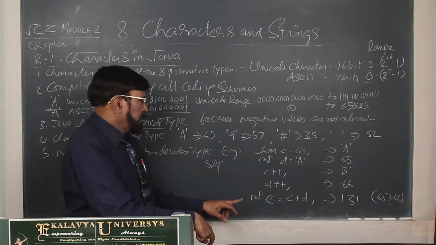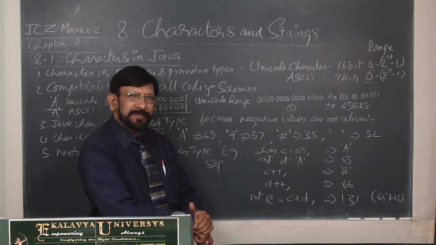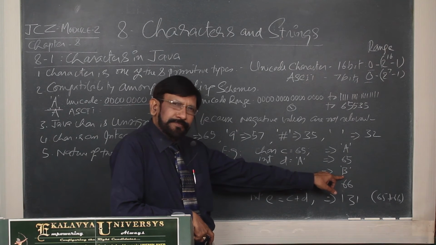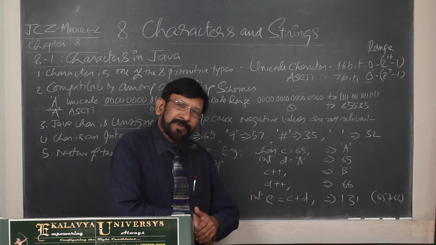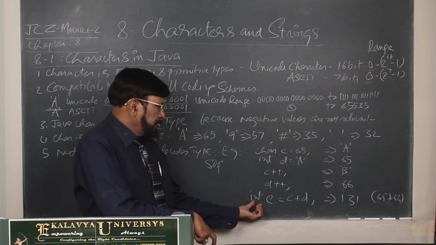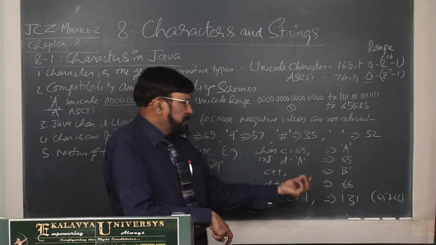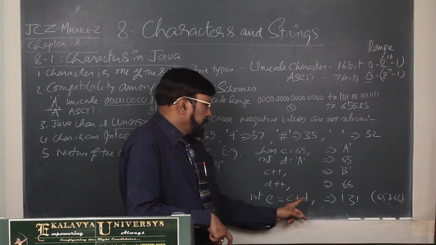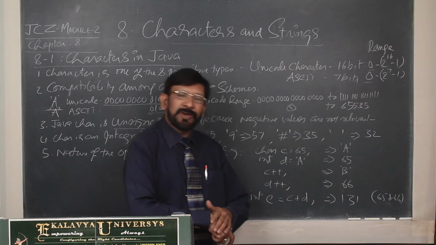And here int e = c + d. Here one more distinct thing is there. c's value right now is the B character. d's value right now is 66. Now what would be the result? Just what you are expecting, you want the sum. Sum should be in int. Then the compiler applies its common sense. Then it treats c as 66 and d as 66. The sum is printed as an int.